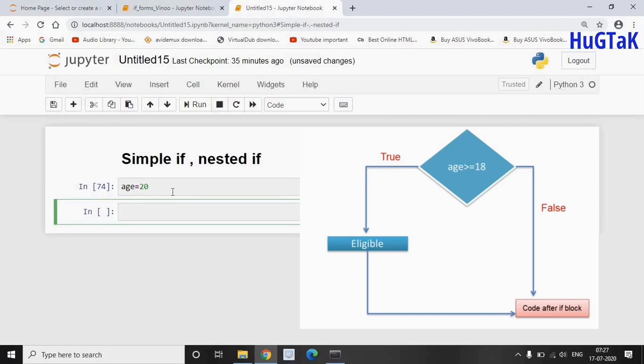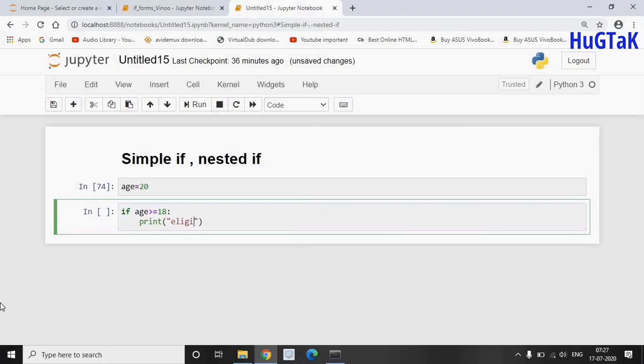So whenever there is a condition, I'll use if statement. So here there is a condition, like if he is less than 18 years, he is not eligible to vote, and if he is more than 18 years of age or equal to 18 years, he is eligible to vote. So if age greater than or equal to 18, and that's our condition, enter, print eligible to vote. So you can see a space over here,